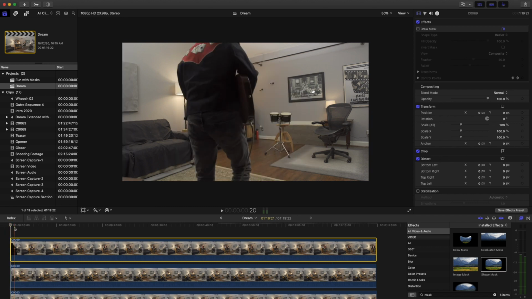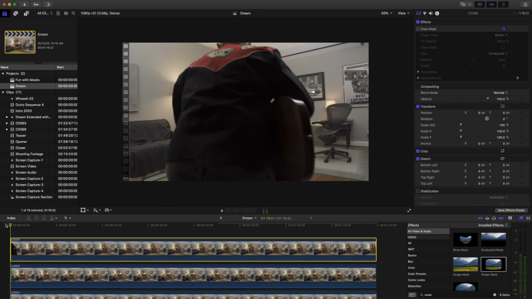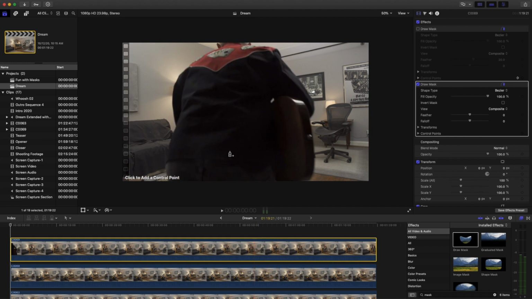So if we come all the way back out here, we've got this guitar player, and he is obviously going to overlap the rhythm player, maybe the bass player a little bit, and even the bongo boy. So what we need to do is take the draw mask, add it to our clip. And if we go over here, you can see now we have this pen tool, and we can click to add control points. So what I'm going to do is just go around the lead guitar player and add this